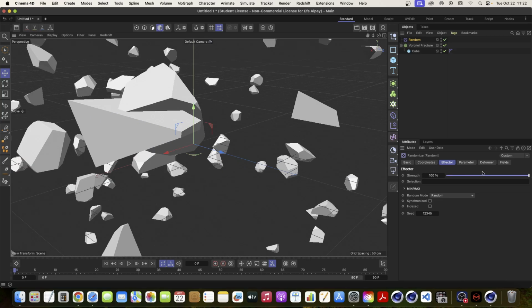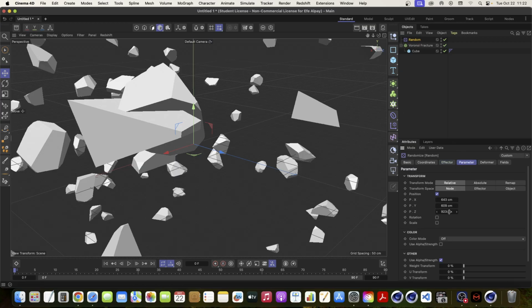But if it's 100, then this means these parameters are applied to this Voronoi Fracture object 100%. Like, for example, it's moved randomly in x direction 600 centimeters by 900 centimeters. So,